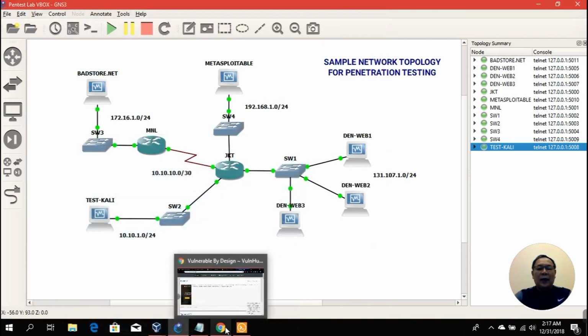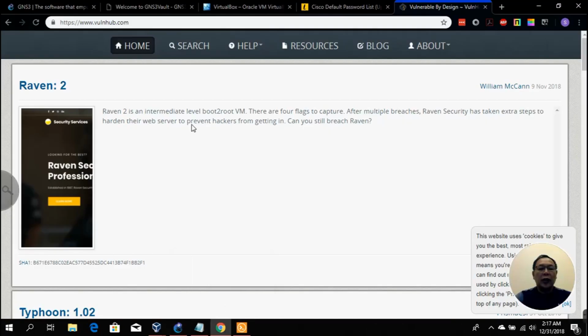Again, for more information on getting vulnerable hosts or vulnerable virtual machines, you could refer to this website, vulnhub.com, where you can download a bunch of CTF-style